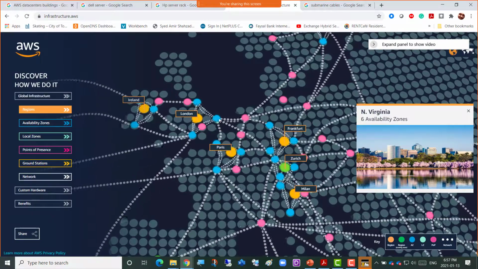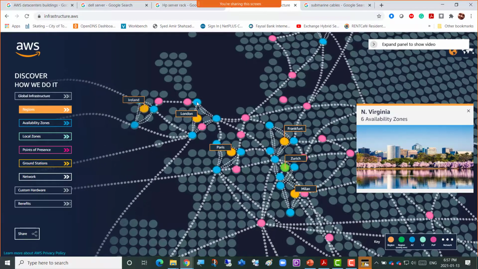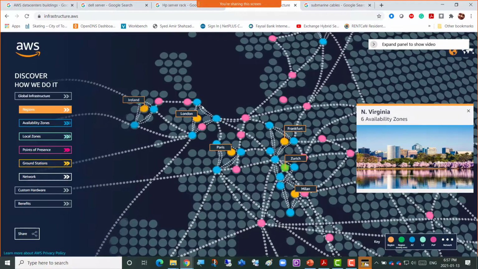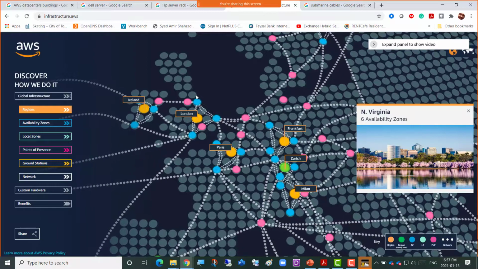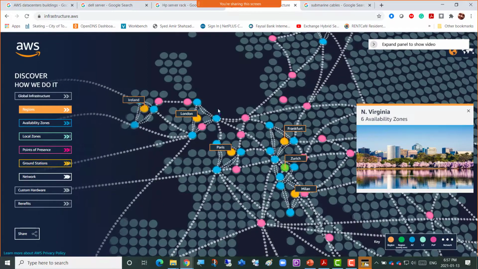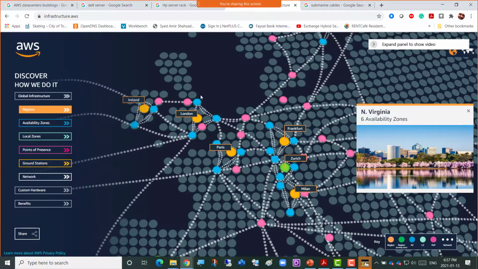And availability zones have data centers. Suppose you have one virtual machine in one availability zone, and you want the other virtual machine to be in a nearby availability zone. Why? Because whatever changes you make in this virtual machine should be copied automatically to the virtual machine in the nearby availability zone. If this machine goes down, then all the data is also available in the other virtual machine, and you can connect to that one. So you may want to put your virtual machines or data in a nearby availability zone within one region.